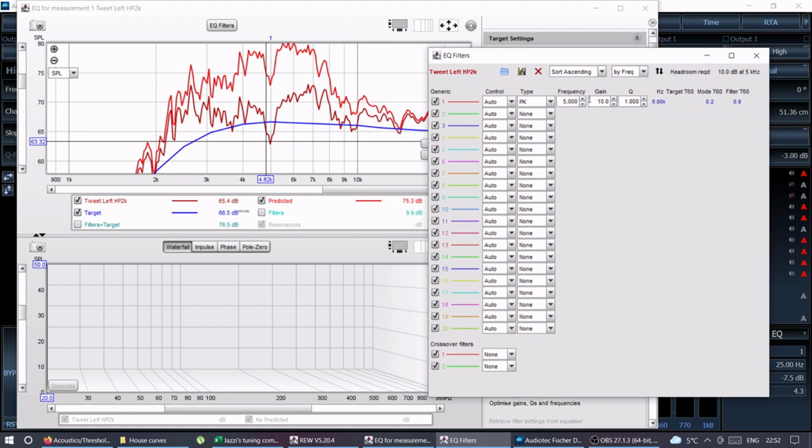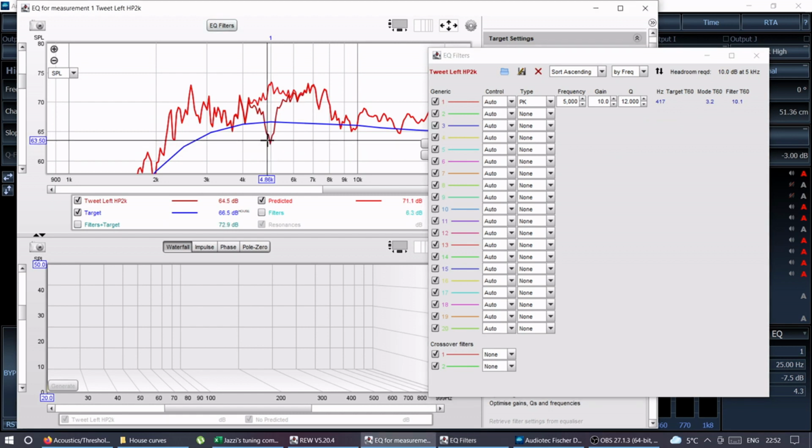So basically it gives that 10 dB to a very, very wide area. If I make the Q, let's say 12, that's a very, very, very narrow area. So it gives the boost only to this area. So this Q can be calculated. It's basically,